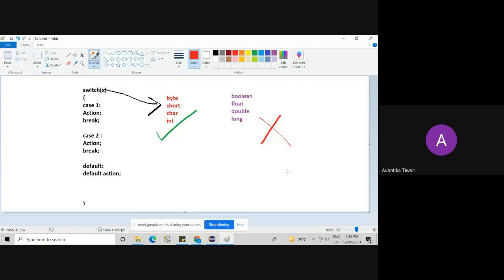Yes, quickly note down the heading switch statement and whatever is there in front of your screen in your notebooks. What is allowed, what is not allowed, and think about this. Are curly braces mandatory? No, ma'am. Without curly braces, only one statement is valid. That should not be declarative.